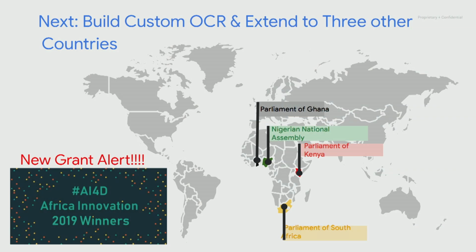And also, we want to build a custom OCR. We're thinking we're going to get people to label the data and also build something that we can extract very good data from the low-quality bills. And I think last week, Friday, we got some grants, from the AI for Development African Innovation Grants, that would help us get people to work on this.